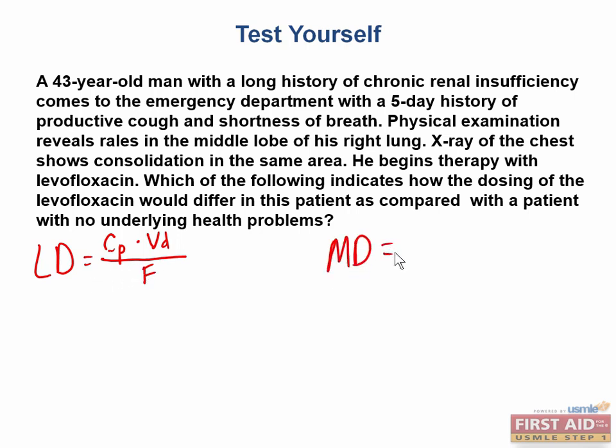However, do you remember what our maintenance dose formula was? Well, the maintenance dose is equal to our target plasma concentration times our clearance of a drug times the dosing interval divided by our bioavailability. So notice here that there is clearance in the equation. So in someone who has impaired renal clearance, such as with chronic renal insufficiency, there is going to be a factor that we need to take into account. The kidney or liver disease is going to affect the clearance. So with the maintenance dose, we'll need to dial it down a little bit because of the toxicity or the